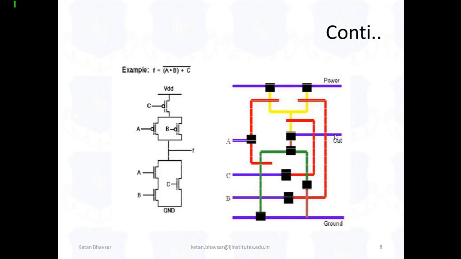So basically the stick diagram plays a main role, and we can also design this type of stick diagram in backend tools, because as I told you, VLSI has two main sections, front end and back end. When we're talking about front end designing, then we are talking about VHDL, Verilog, SystemVerilog, OVM, UVM methodologies. But now when we move to backend design, then we're talking about CMOS or transistor level design. So we can also design this type of design in the Cadence tool, and there are a number of other tools that we can use: NC Spice, PSpice.